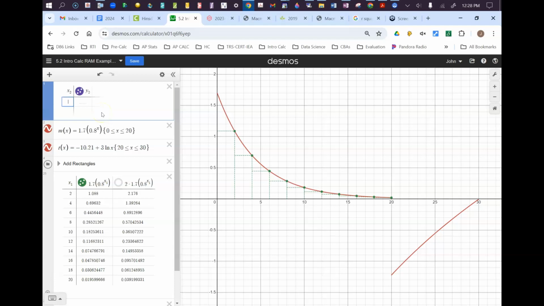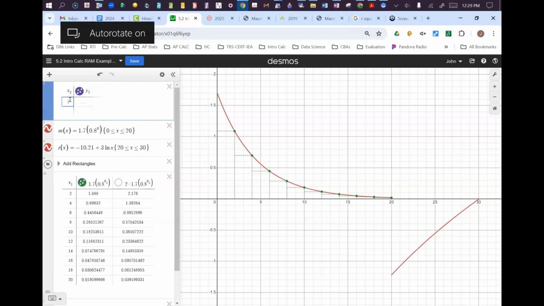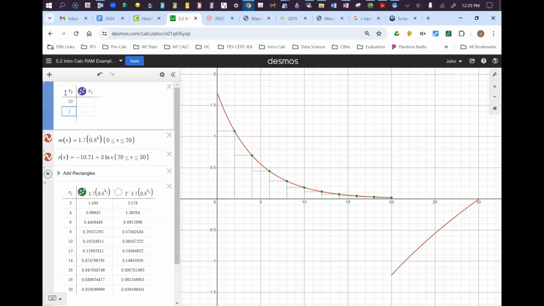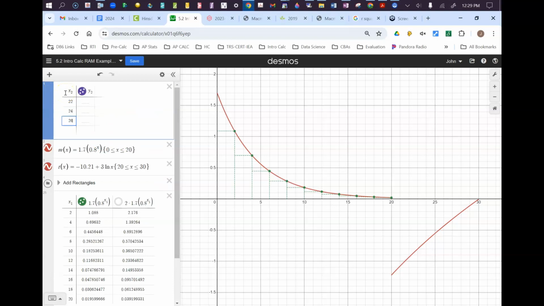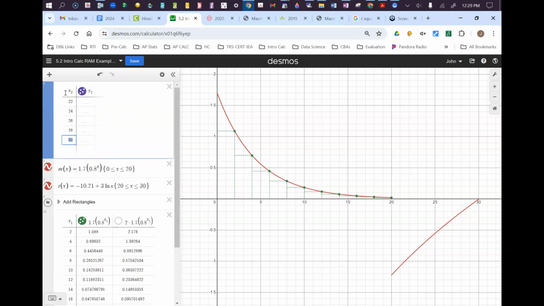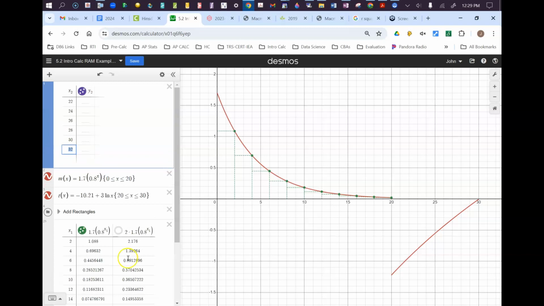Sorry, I'm trying to get this to work for me. 22. My keyboard is not working. 22, 24, 26, 28, 30, and then I do not want 32 in there,